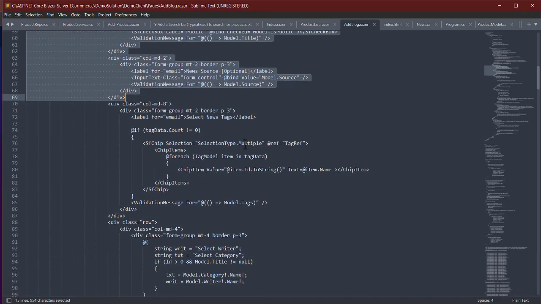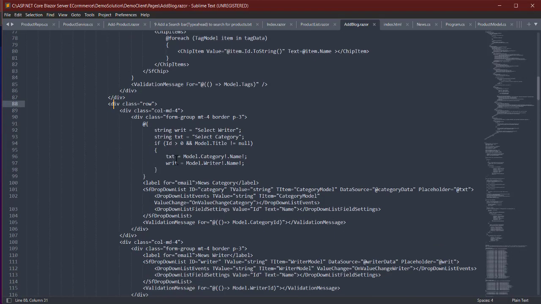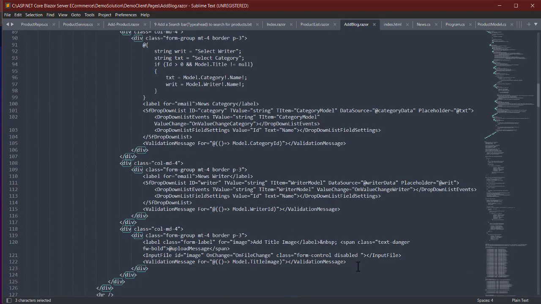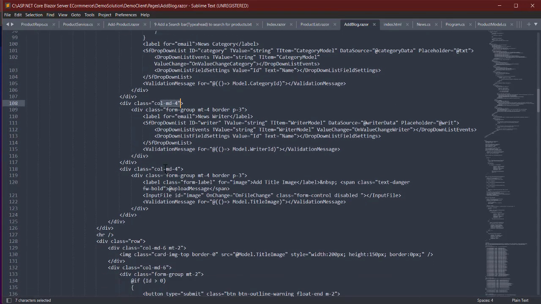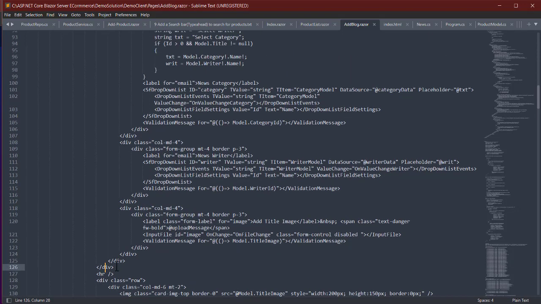Now this is the tags, and let's keep the tag for now. And here we need to use our writer and the category. So we have a script, so there's a row, and there's column MD4, so making 8. Now with the 8, you can see we have another one making 12. Okay, so let's grab this